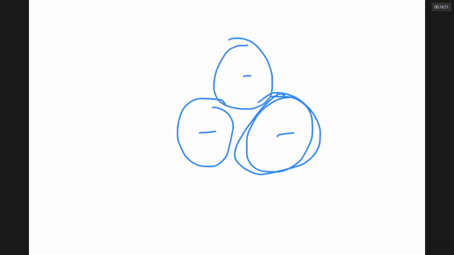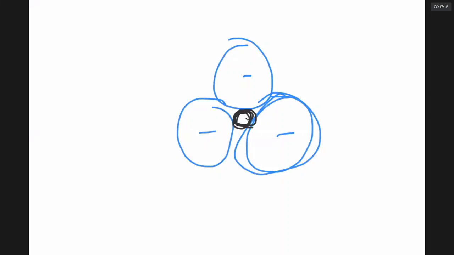Now we go to black color. This is called the limiting radius. If the size is too small, they touch each other and the crystal gets destroyed. If the size is too big, there will be wastage of space. In the solid state, generally wastage of space is not allowed.